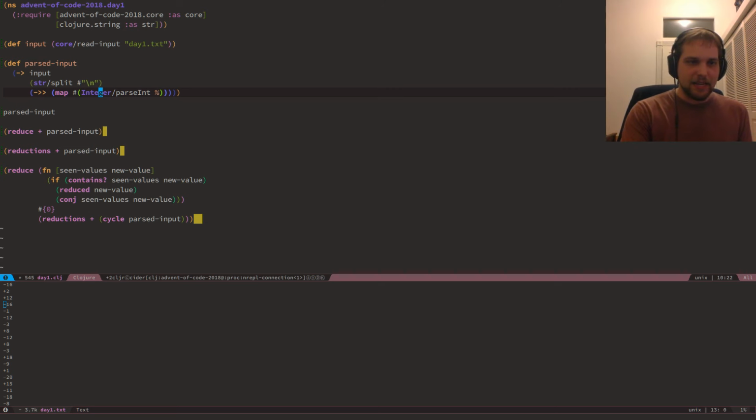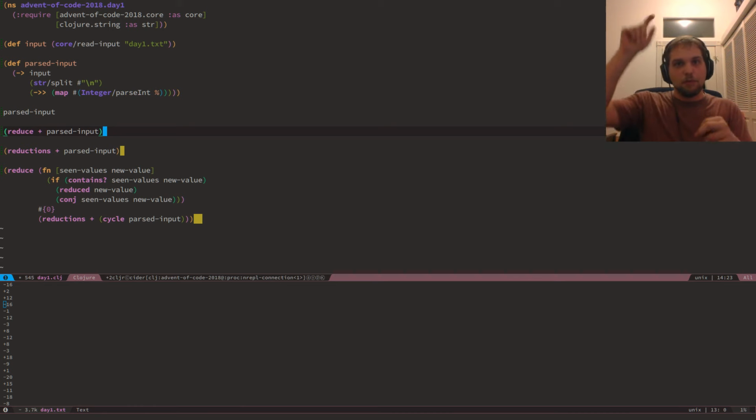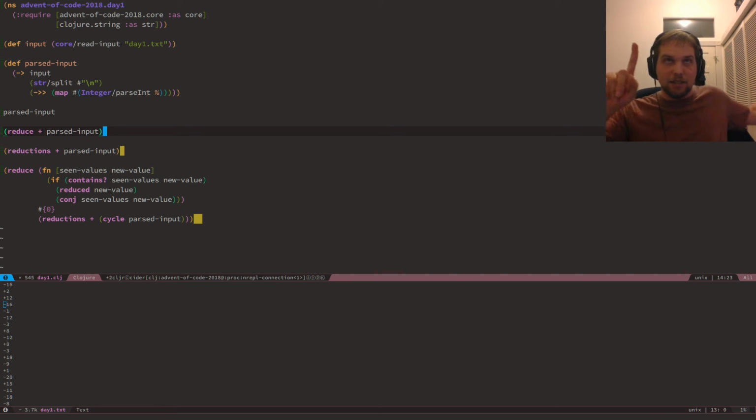We go ahead and get the first answer by just using classic reduce, aka take each item, take the first two items, add them together. Take that result, add the next number to that, etc. Reduce all the way down to one distilled value. That got us the first problem. The second one's a little trickier because we have to sit there and repeat that list of movements up and down over and over and over until we find a duplicate in that long list.